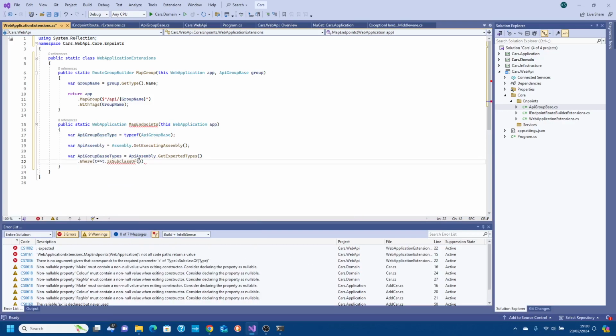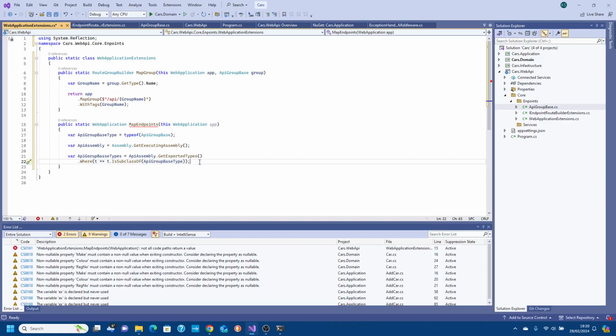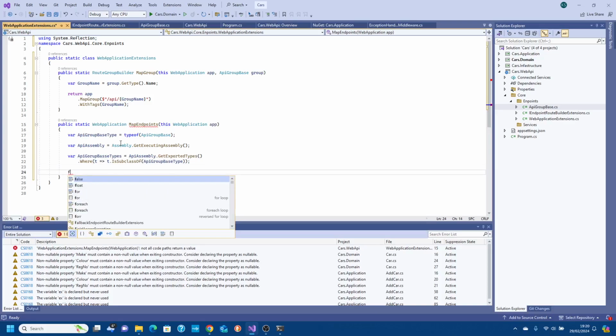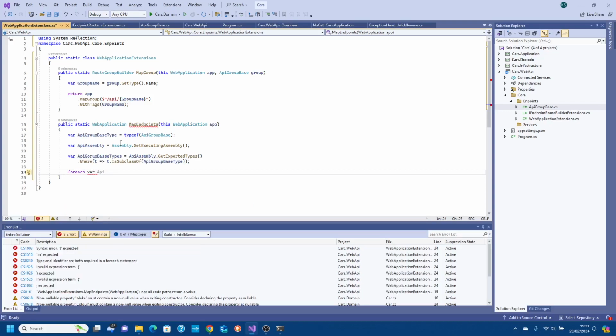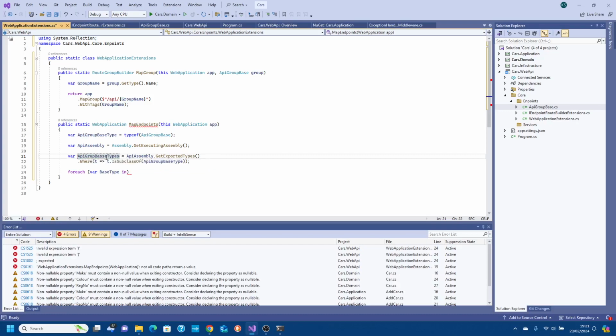So is the service we're mapping a subtype of our API group base, and that it kind of uses reflection to get that information. So then what we need to do is, for each interface type in the groups, and if I type this right, group base,